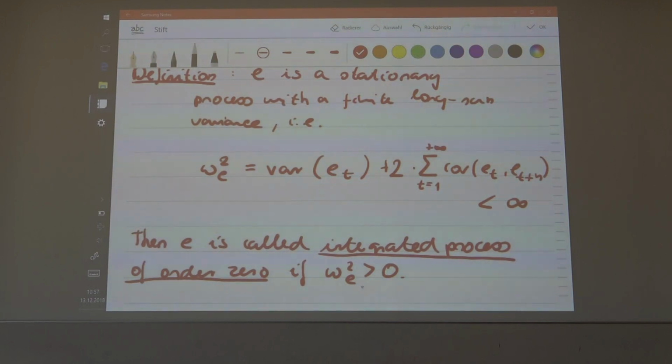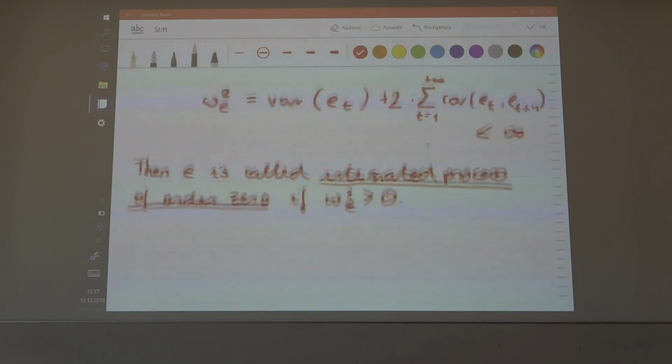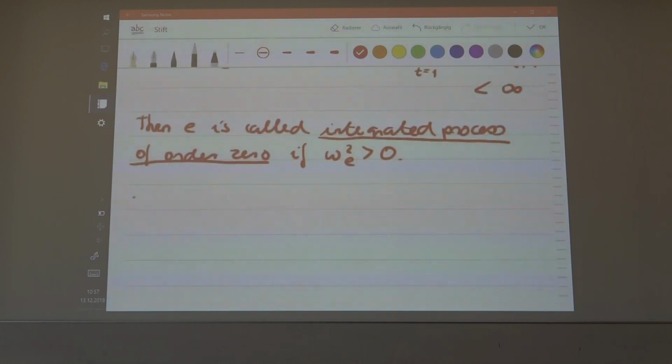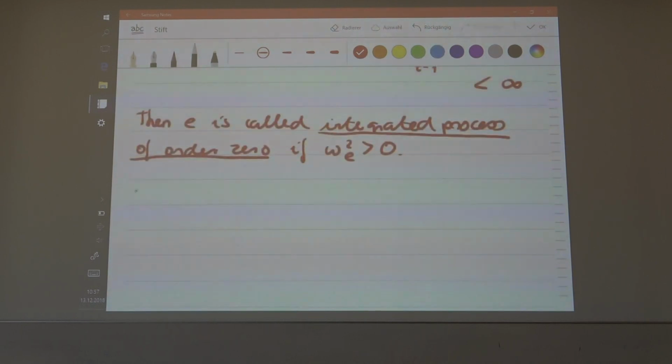Order 0 has nothing to do with the long-run variance. This is just a direct consequence, but it does not relate directly to the long-run variance, so the long-run variance is not where the name is coming from. I will explain this later on. Now, that's going to be the first definition. If you have another process which is a sum of these integrated 0 processes, I call this J here, the summation index,